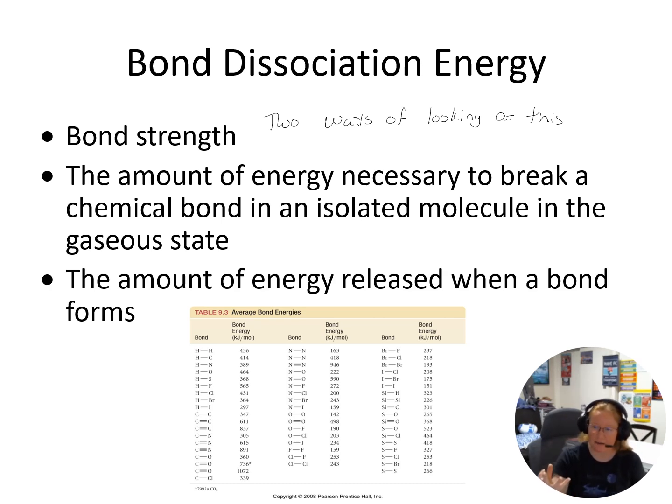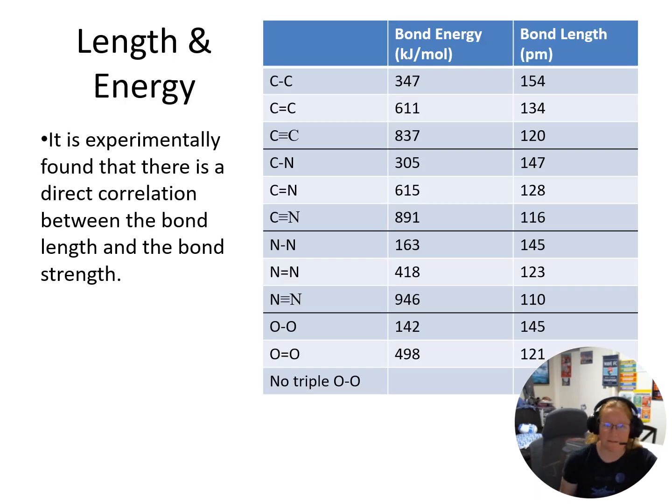So breaking a bond costs energy. We have to input energy in order to get the bond to break. But forming a bond, we get energy back from that. Okay, and then when we look at all these different bond energies, we have this correlation between the bond length